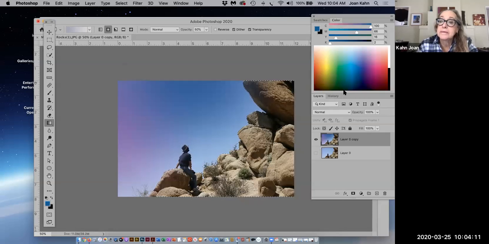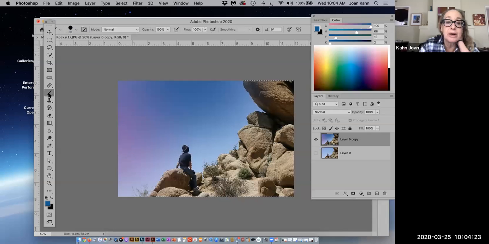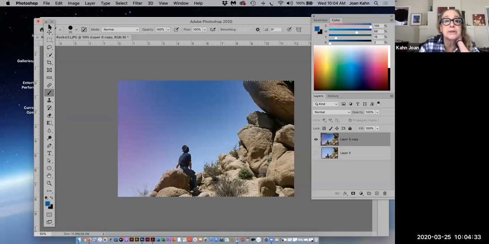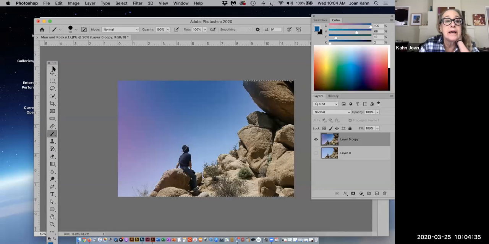Go and paint now. So I'm going to paint. I'm going to introduce you to the paintbrush tools later, but in order to paint, you have to be on the paintbrush tool. So here's the brush tool, the brush tool in Photoshop. And when you bring up the brush tool, you will see that